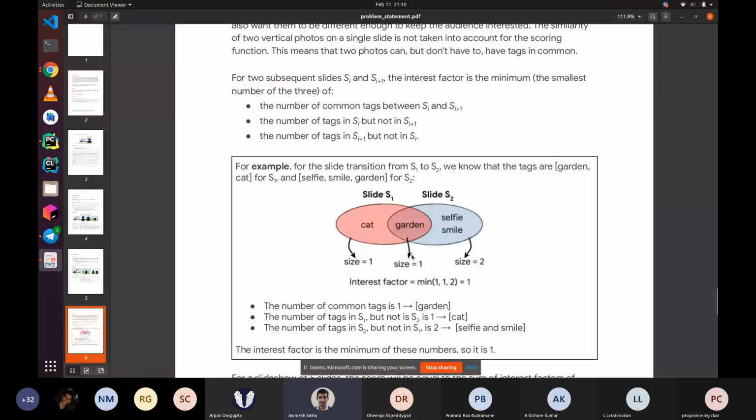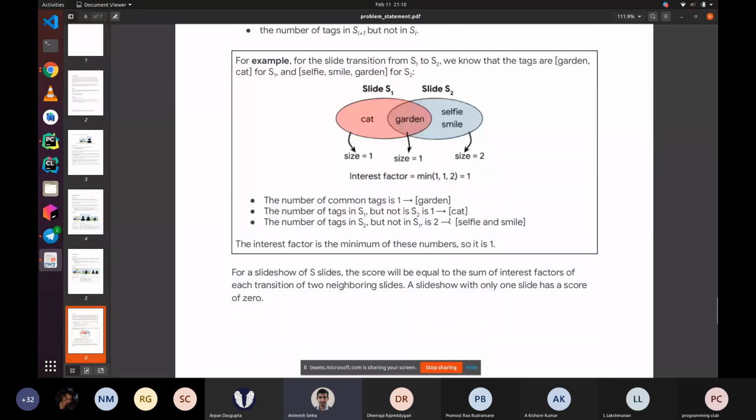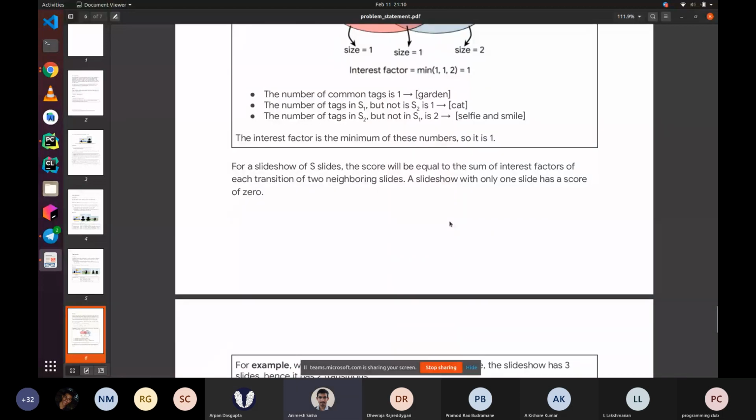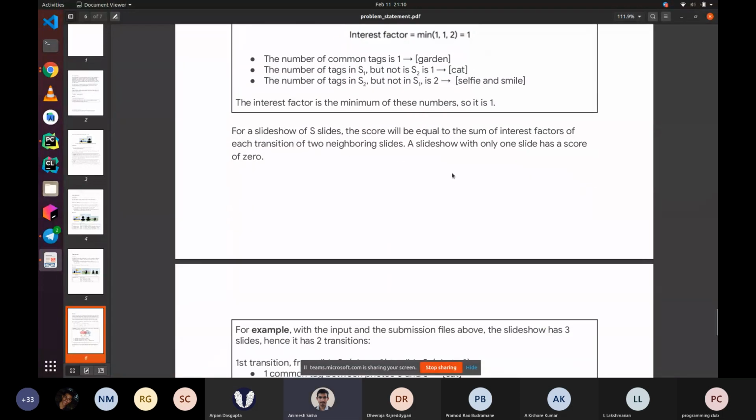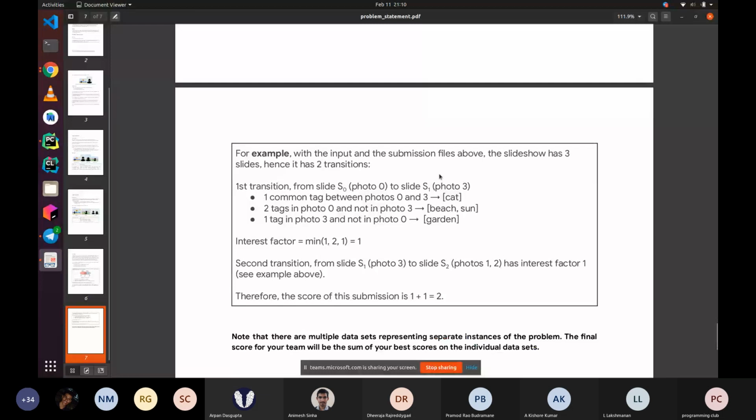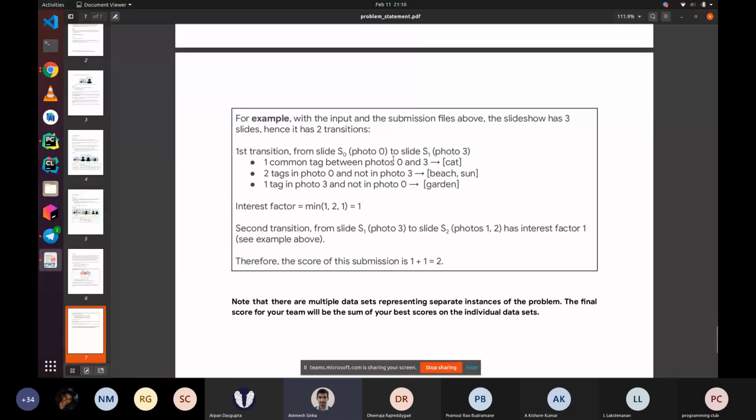So we want to essentially balance this overlap and difference out. We want approximately the same amount in the first slide that's not in the second, what is in both slides together, and what is in the second slide and not in the first. So this is going to be our objective function, and that's more or less our task.